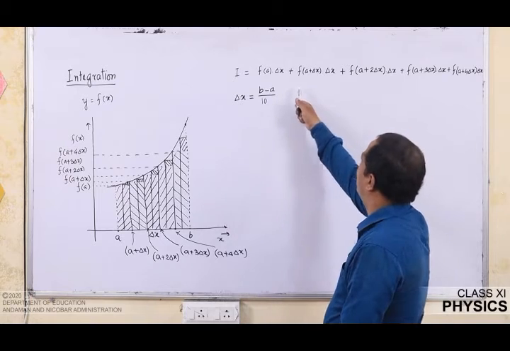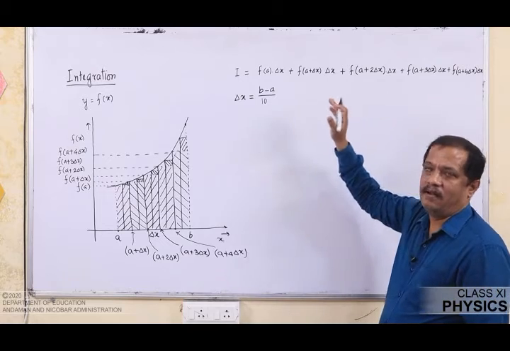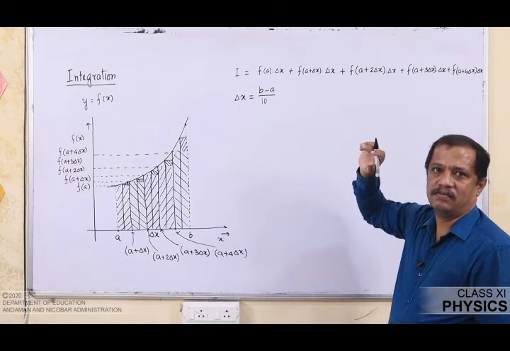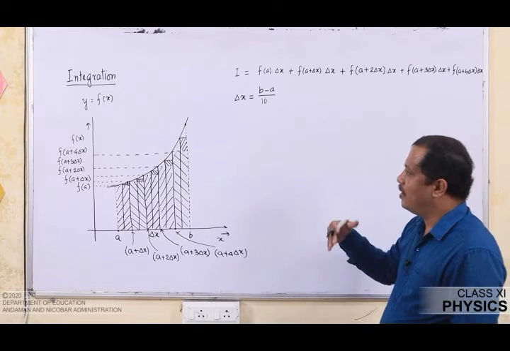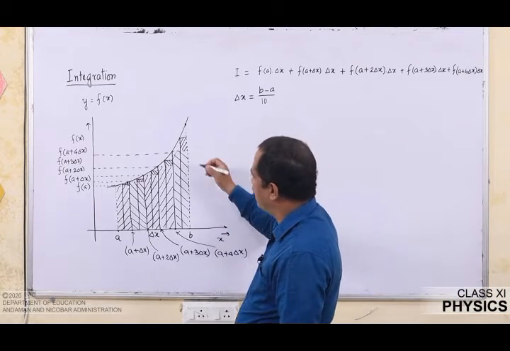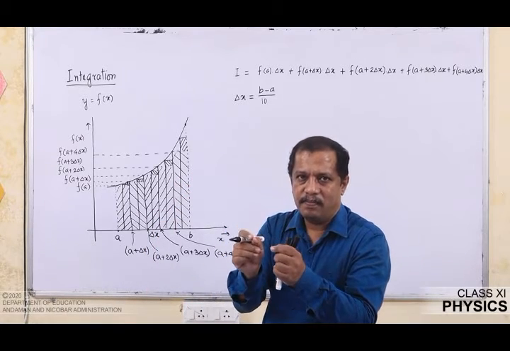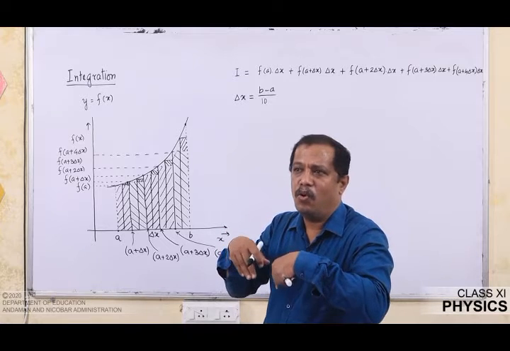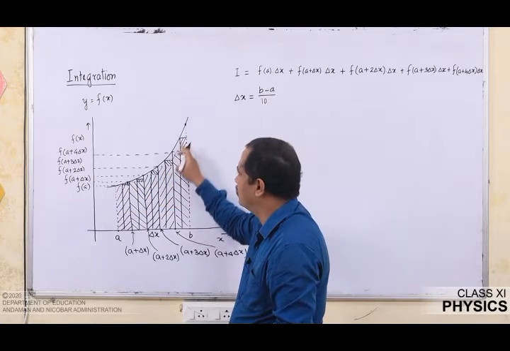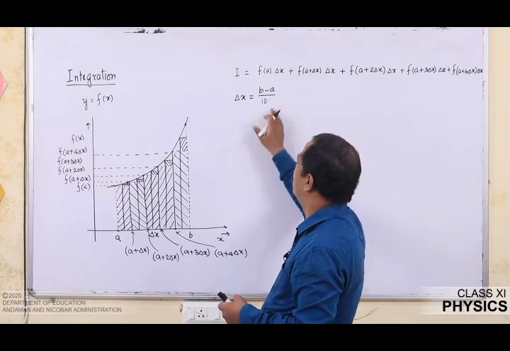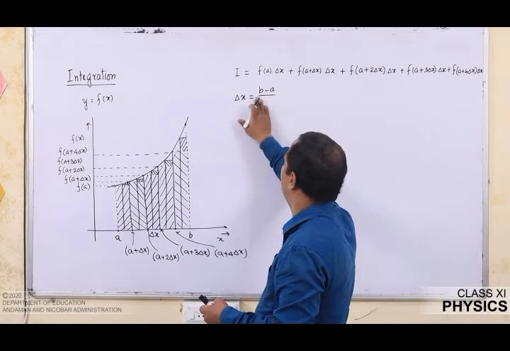So if I calculate now, see, 1, 2, 3, 4, 5 strips, 5 terms I had, 10 strips I am going to have 10 terms. Similarly, for n strips I will be having n terms. So what I presume is that if I go on decreasing the size of the strip, I am getting nearer to the actual area under this curve. So let me suppose that now I am going to divide the entire width b minus a into n number of strips.